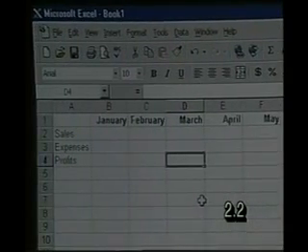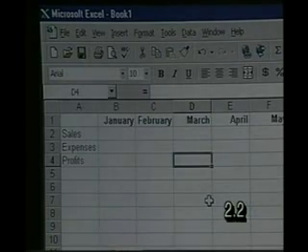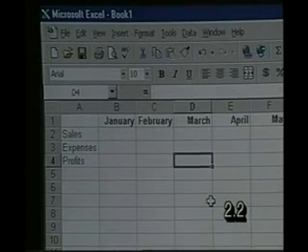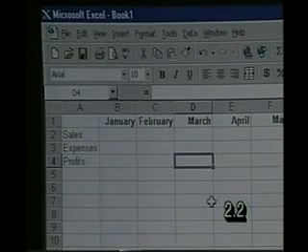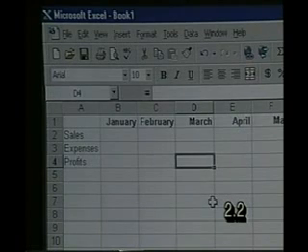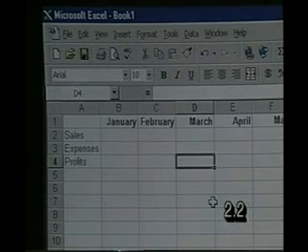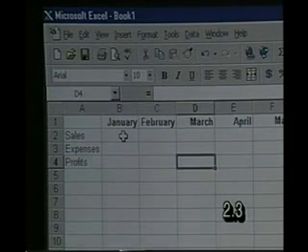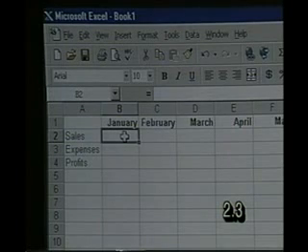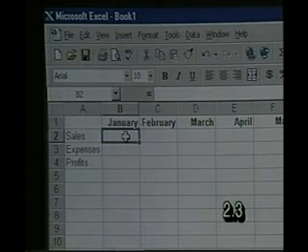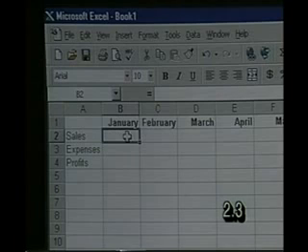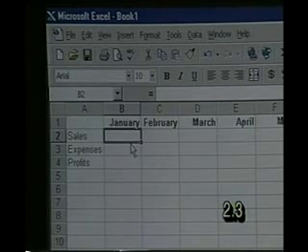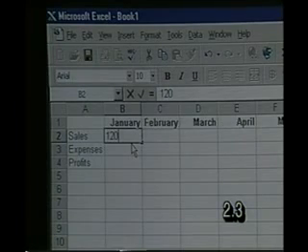Our worksheet at the moment simply has text information. In column A, we put in 3 words in A2, A3, A4, and in row 1, B1 through G1, we have the names of the months. What we're now going to do is talk about how we put in numeric information. What we're going to do is just create some numbers here, sales for January, February, March, April, May, June. As you type a number, notice how it appears in the cell. I'm going to put in the number 120. It appears